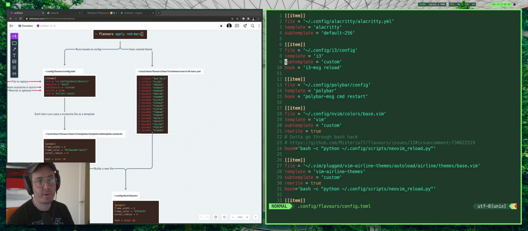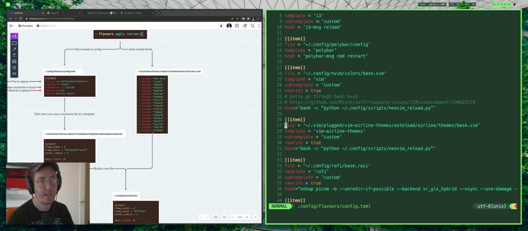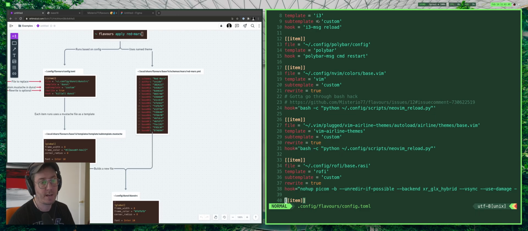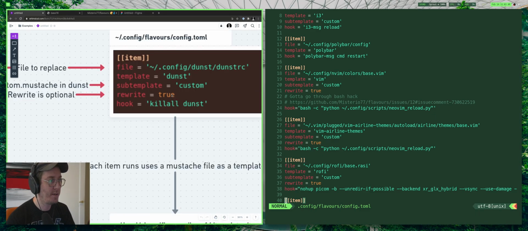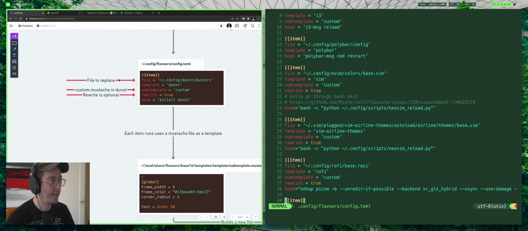I'm doing that for i3. I'm doing it for Polybar. I'm doing it for neovim. I'm doing it for bat or Rofi, so that when you load up Rofi, you're going to get different colors for each one of these. When we look at these individual items, the big three things that are happening is that there's the file